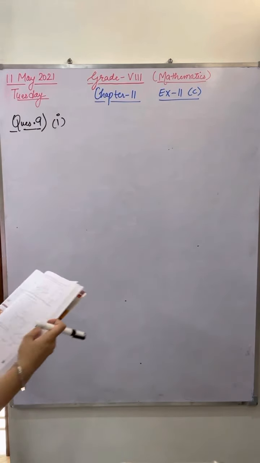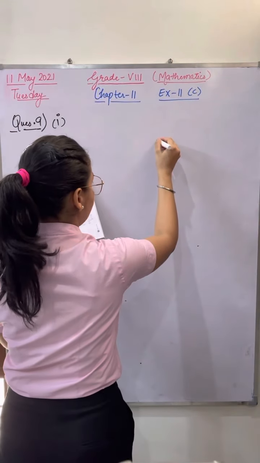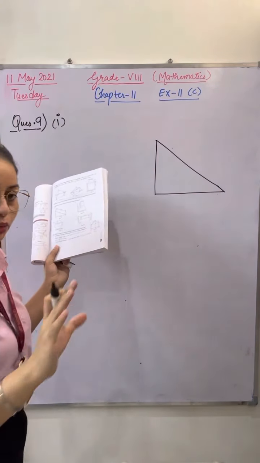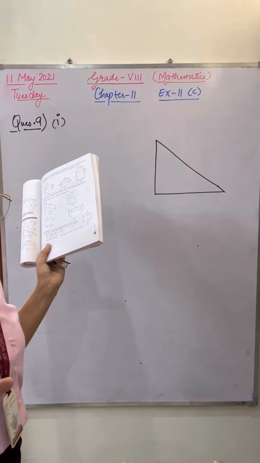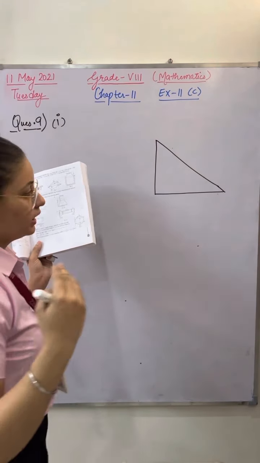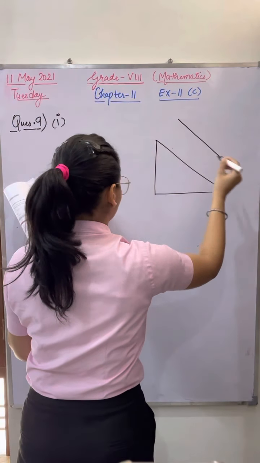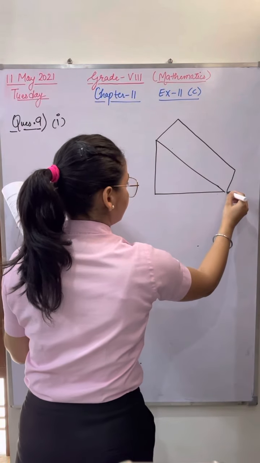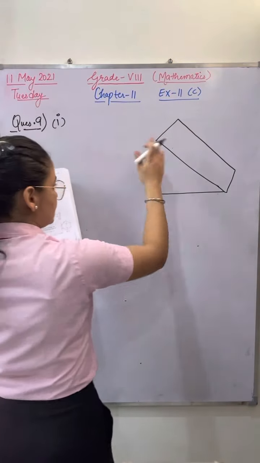The figure is this. A right angle triangle is given. So you can see that we can take one triangle in this question. No, we can't take a rectangle here. Quickly, go through the question again. Triangle we can take, absolutely right. After that, one more shape is there. In which shape can I split the rest? This is a right angle triangle.